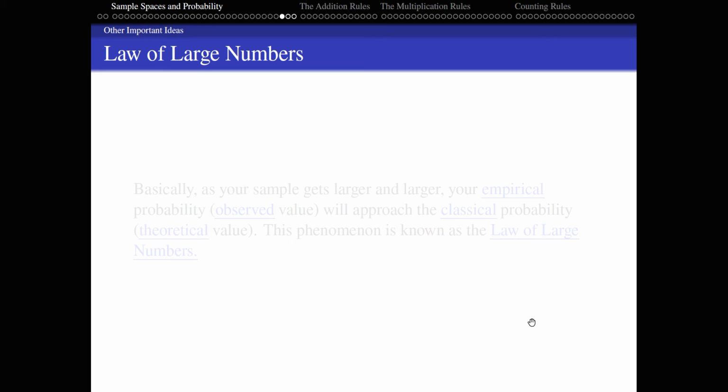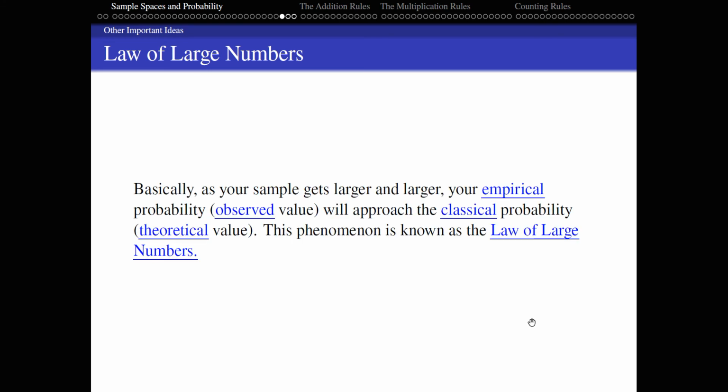All right. So as we consider empirical and classical probability, the law of large numbers is an important thing to know about. Said very, very simply, the law of large numbers says that as your sample size gets larger and larger, the empirical probability approaches the classical probability. So let's say I gave you a fair coin and asked you to go flip it. And I'm going to do classical probability and say there's a 50% chance you get heads. But then you actually flip the coin